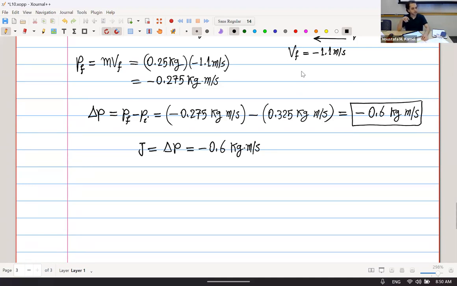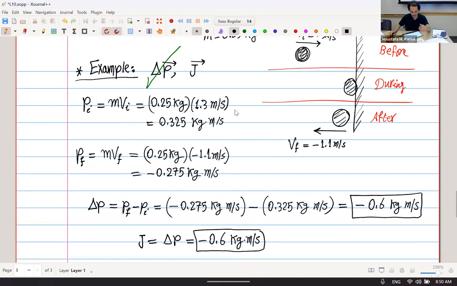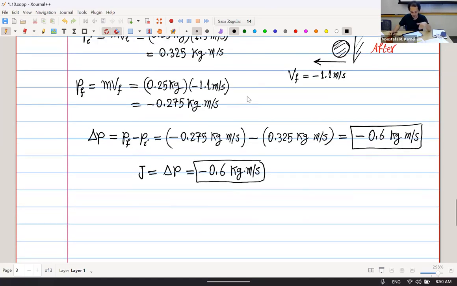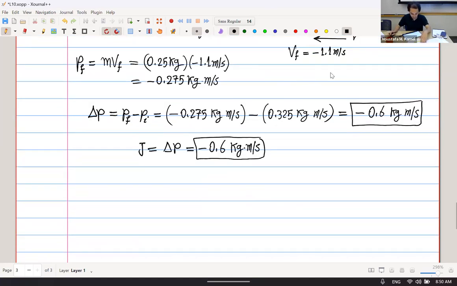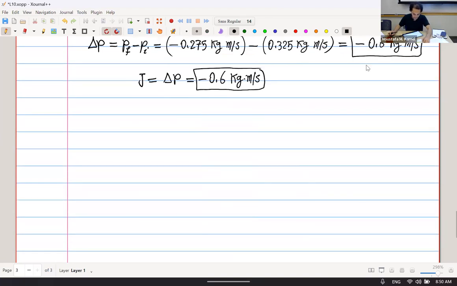And you can see the connection between the units Newton seconds and kilogram meter per second from the impulse momentum theorem, because on one side we have the impulse, on the other side we have momentum. We know momentum has units of kilogram meter per second. And if impulse has Newton second, then the two units are the same. So this is a typical example on how you calculate the change in momentum and how you calculate the impulse. An application on that